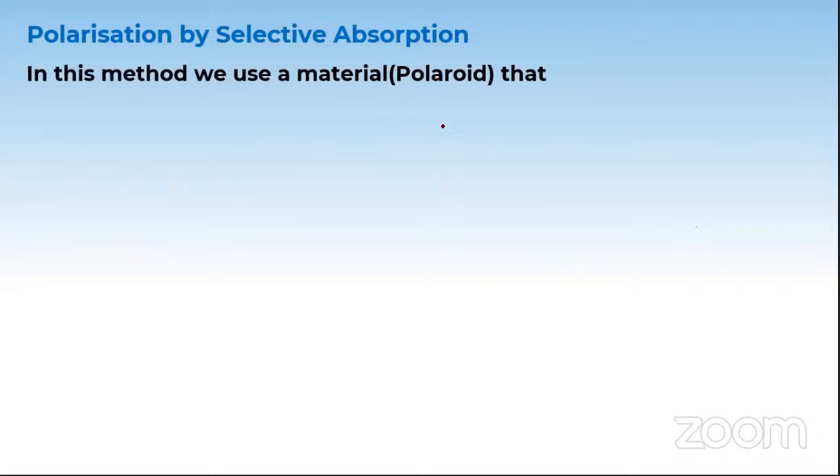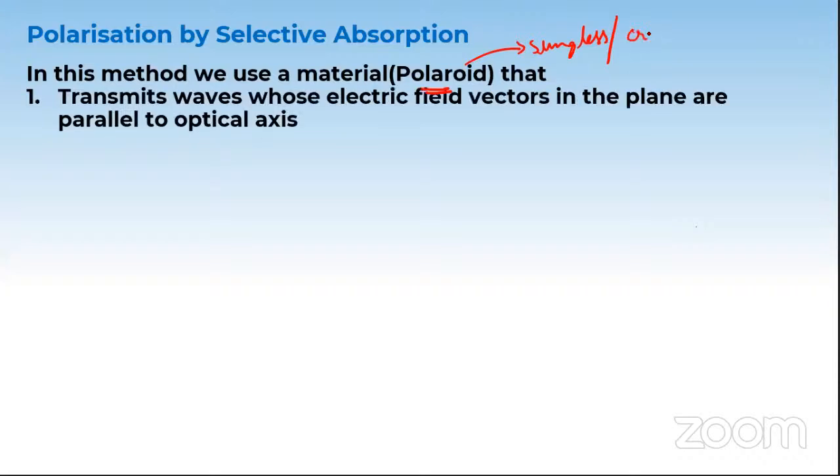In this method we're going to use a material called a polaroid or a polarizer. For example, sunglasses, or in a car, for the windows they put a gray plastic sheet so that it will not be so bright when you're driving. Even that is a polarizer or a polaroid. Or a regular crystal which you use in chemistry. Most of these are crystals, like silicon crystal, or any crystals I learned in chemistry, and they act as polarizers.